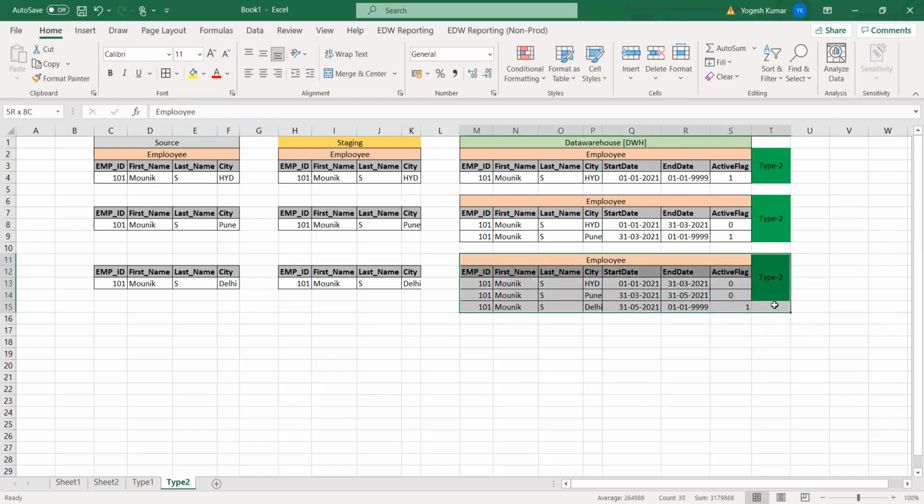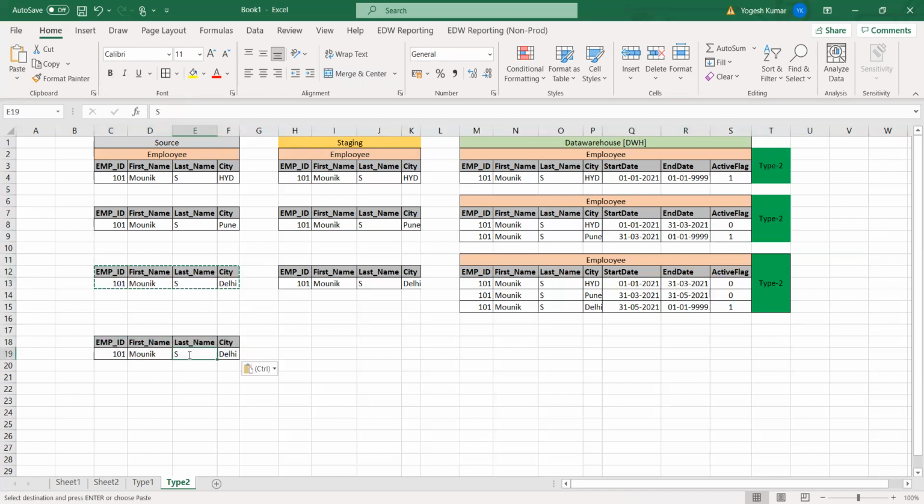Let's take two more examples for this. If this user changed his name from S to Singh, let's say for an example, what will be the process?